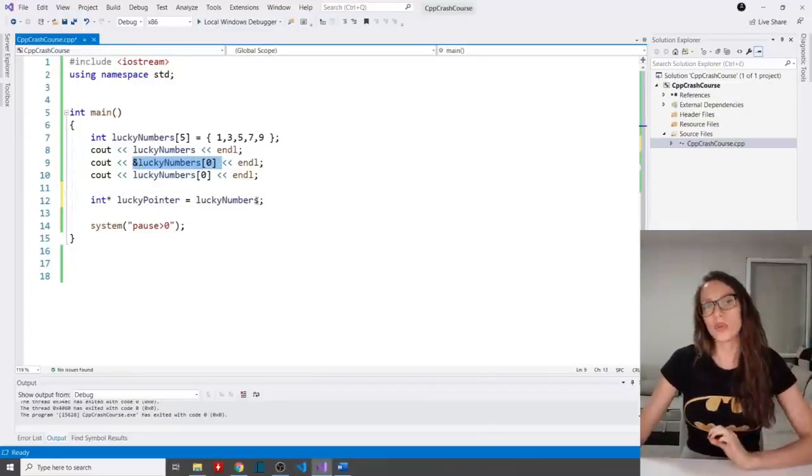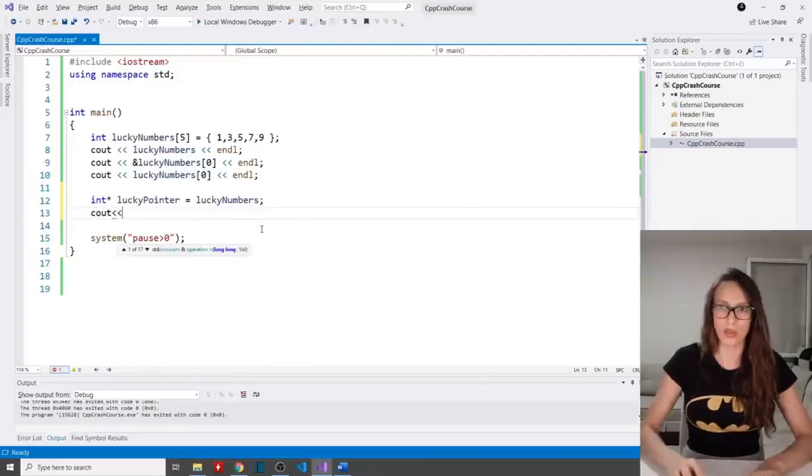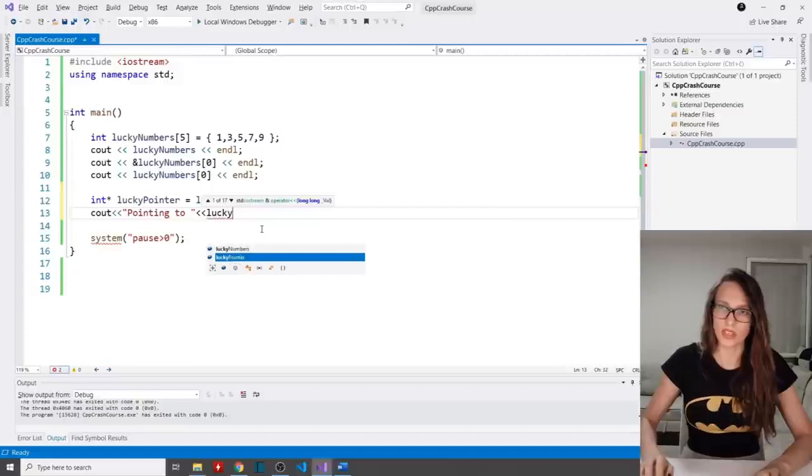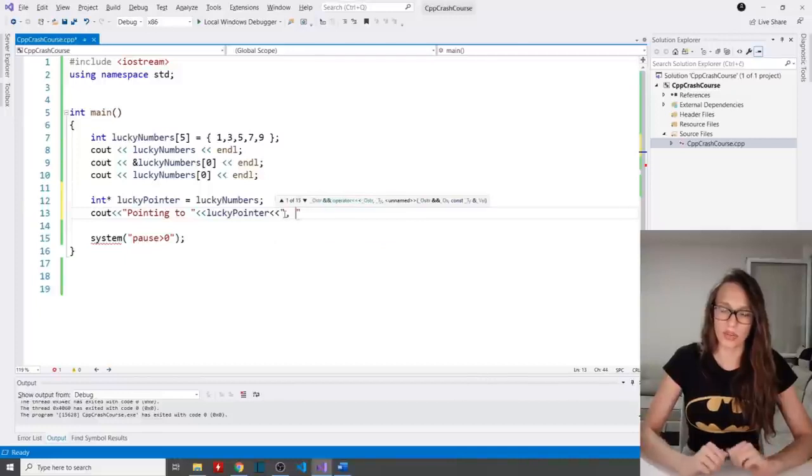Now, what you can do with this, let me very quickly write out whatever my pointer is pointing to. So I'm going to say pointing to, and then let's write out lucky pointer, so the address that this pointer is storing. And then let's write out as well the value on that address, like this.